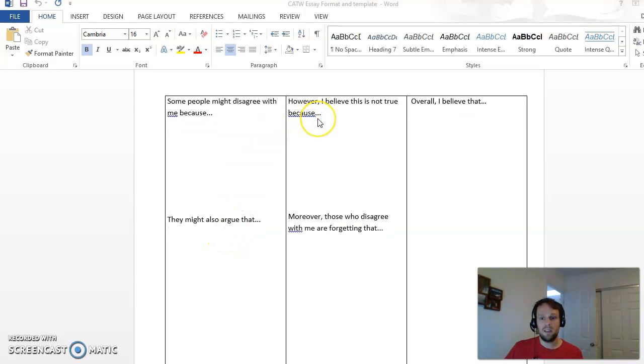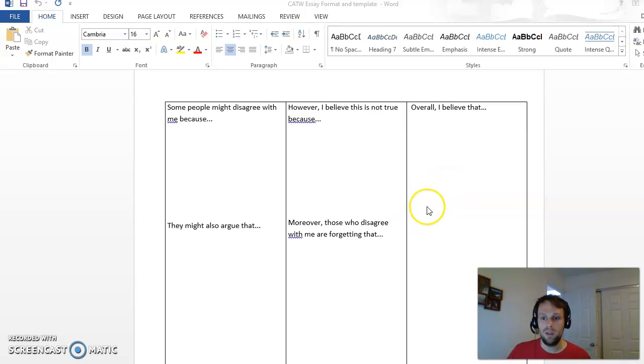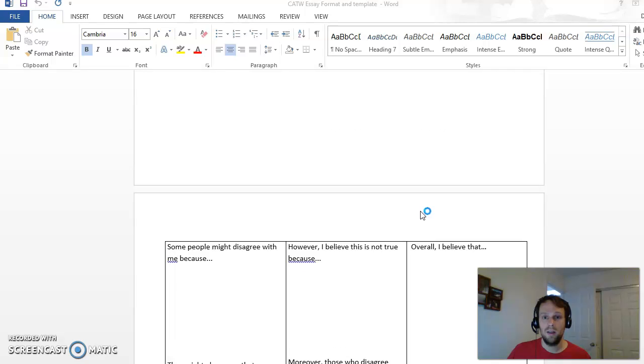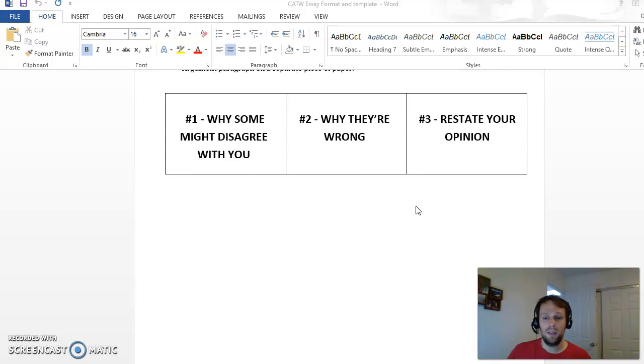And then here in the second section is where you're going to go point by point, disagreeing and explaining why you disagree, and in fact they're wrong and you're right. So this is not true because blah blah blah. Those who disagree with me are forgetting X, Y, and Z. And then you always want to end your paragraph solidifying your point, summarizing your point. That's the optional paragraph,